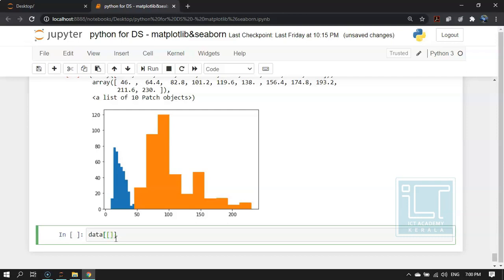I want to plot MPG and horsepower from data1, as a histogram.